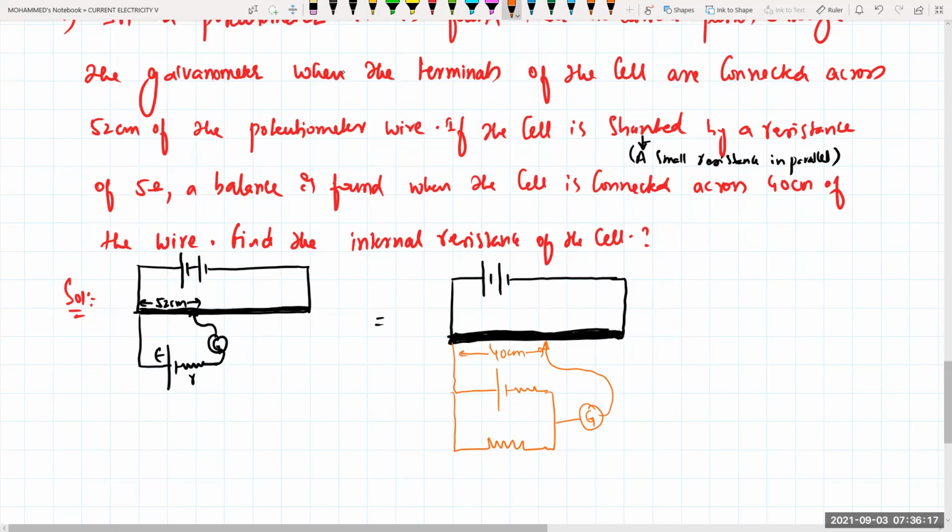When there is no external resistance, how much is this resistance for me? 5 ohms in the problem. This is the EMF E, and this is your R. Current through the galvanometer right now is how much for me? 0. Is it clear? That means there is a flow of current from this battery, and from this one there is a flow of current like this. There is also the current from this given condition, and there is a current even from this battery. These two currents are flowing in this given set. Clear?